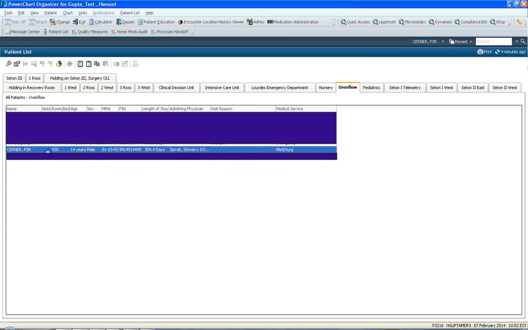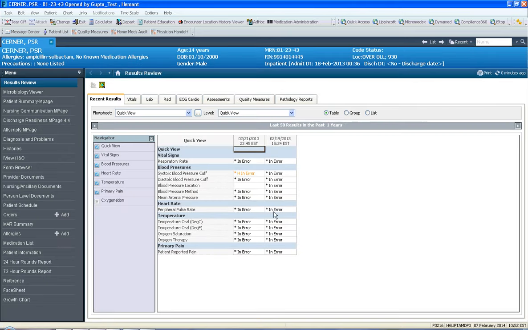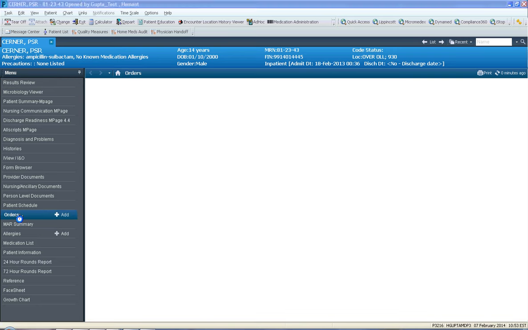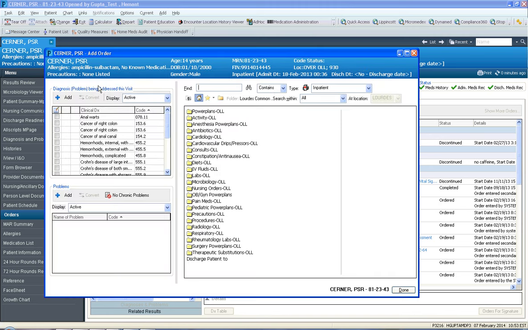And so you would double click on the patient to open the patient's chart, in which case you would see the patient's profile. You would have at this stage already examined the patient. You'd click on orders, which will show you the orders profile of the patient, and then you would click on the add button up here. So as you click the add button, you will notice that the add window opens, and you would click on